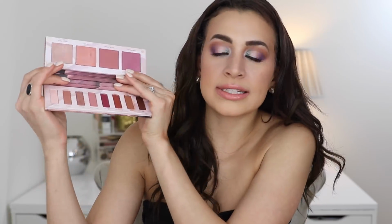If I didn't get it sent as PR, I would have ended up just returning it, because I haven't touched it, I don't think, since my review, just because I have these shadows and I have them in such better quality in other palettes, basically. It's not horrendous, it's not awful, it's not super patchy, but it's just really average. The blushes work really nicely, but I wanted this palette for the eyeshadows, and I really love what they did